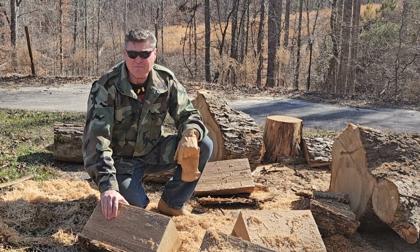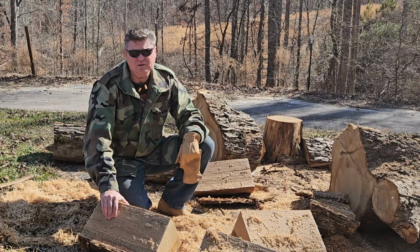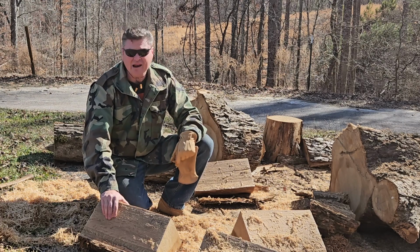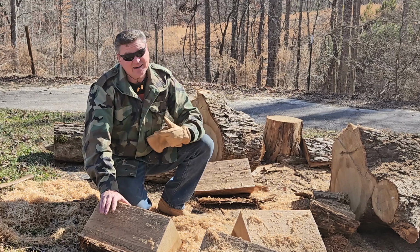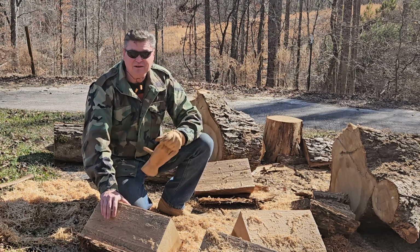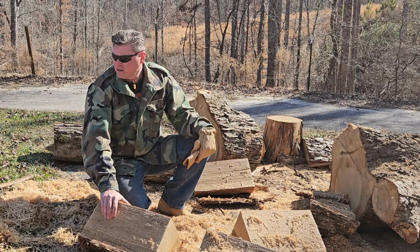For its time, I bet you it was awesome. I mean, as it is right now, it's a good firewood saw, completely stock, and I'm very happy with it. But can it hold a candle to today's 68cc saws? Absolutely not. Not in its stock condition anyways. Do I look forward to being able to get more power out of it? Absolutely. But